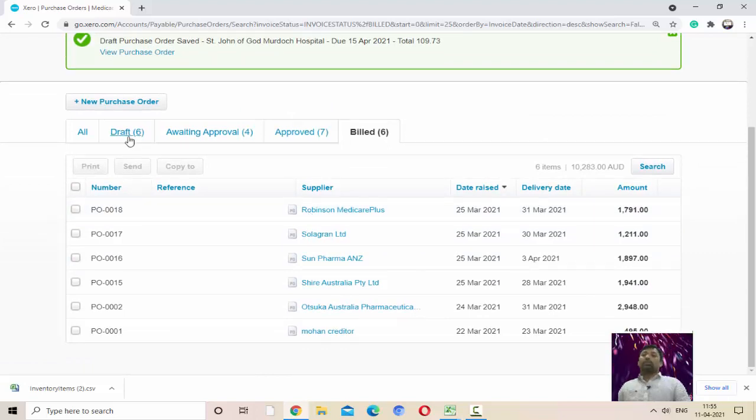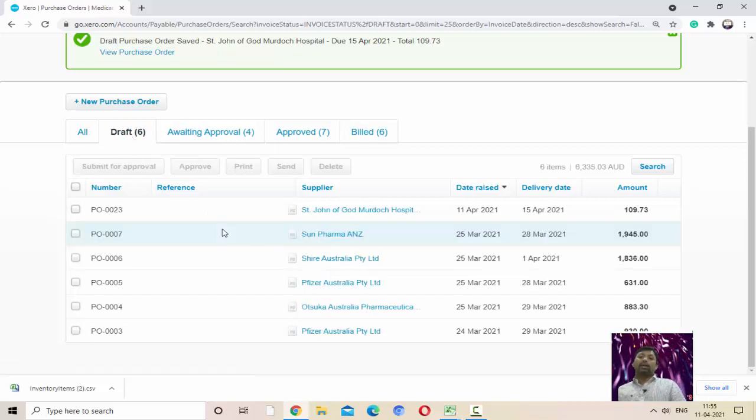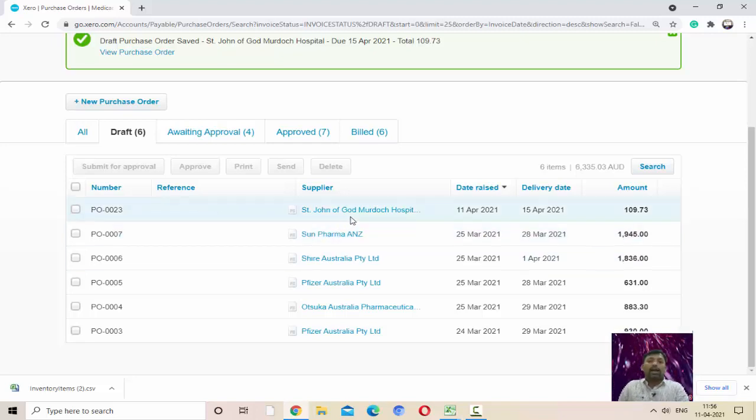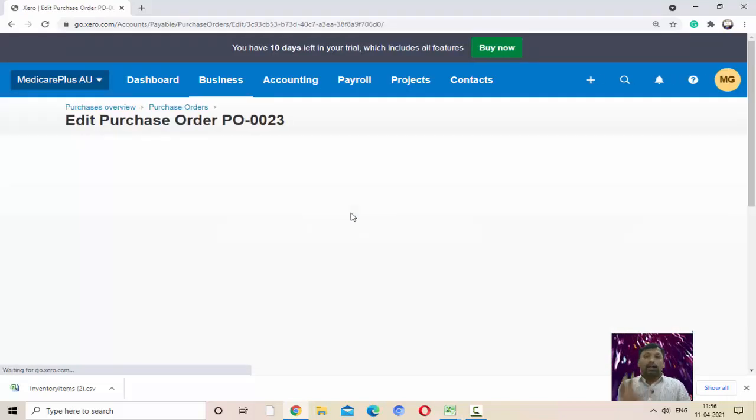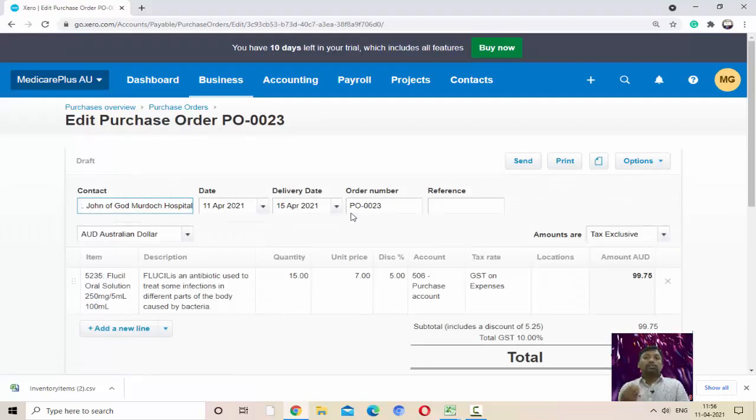And now listen, again we will go to the draft option. If we want to send any draft purchase order available in this draft to the higher authority, click on any purchase order which is draft but not sent to the higher authority for approval.